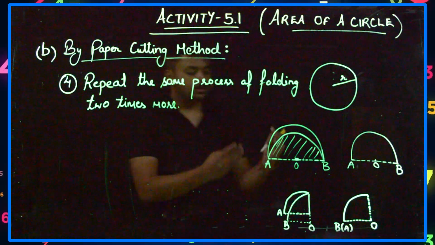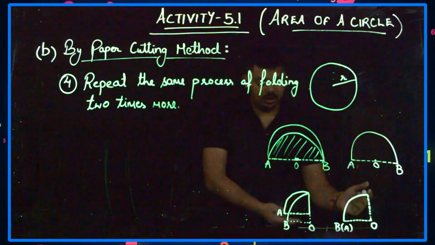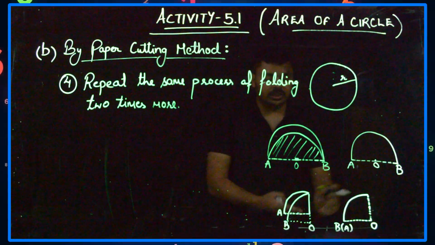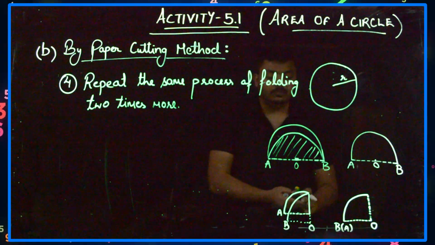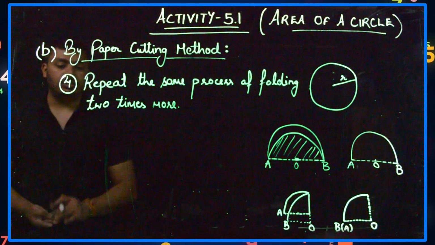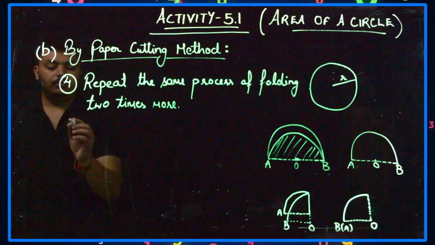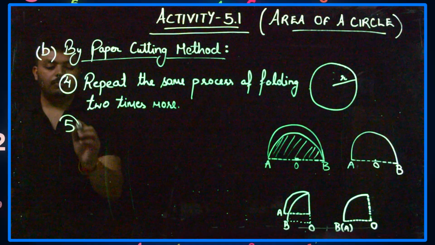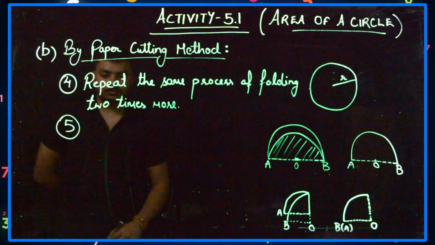That is, we again fold the quarters along the center O such that they are divided into equal halves. Then again follow the same process and divide them into 2 equal parts. Step 5. After folding the paper 2 more times,